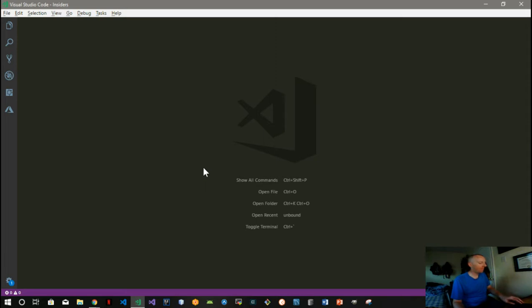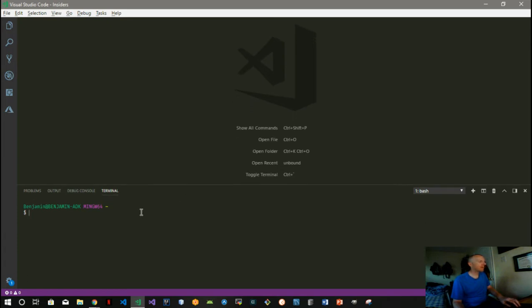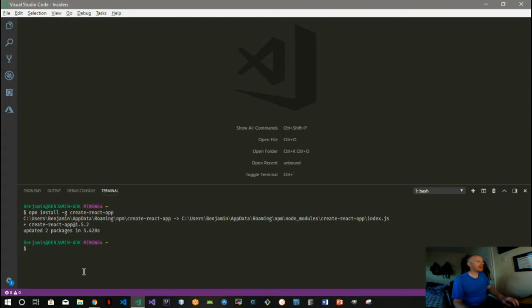So I'm in Visual Studio Code. I'll open up a terminal. I'm in my terminal. The first thing you want to do, if you haven't already done this, is npm install -g, meaning global. So this would be installed on the whole system. You could install create-react-app like that. I already have it installed, but you run that, and this will give you access to the create React